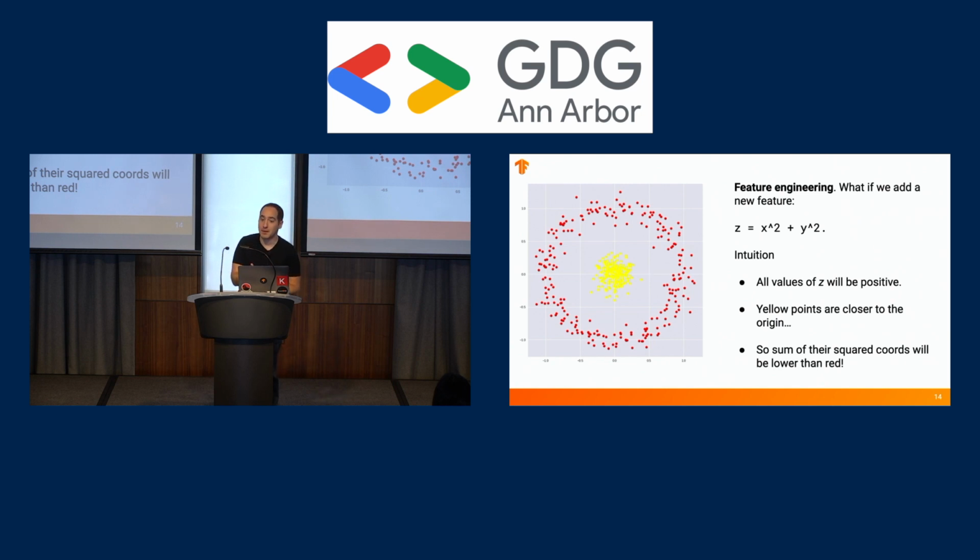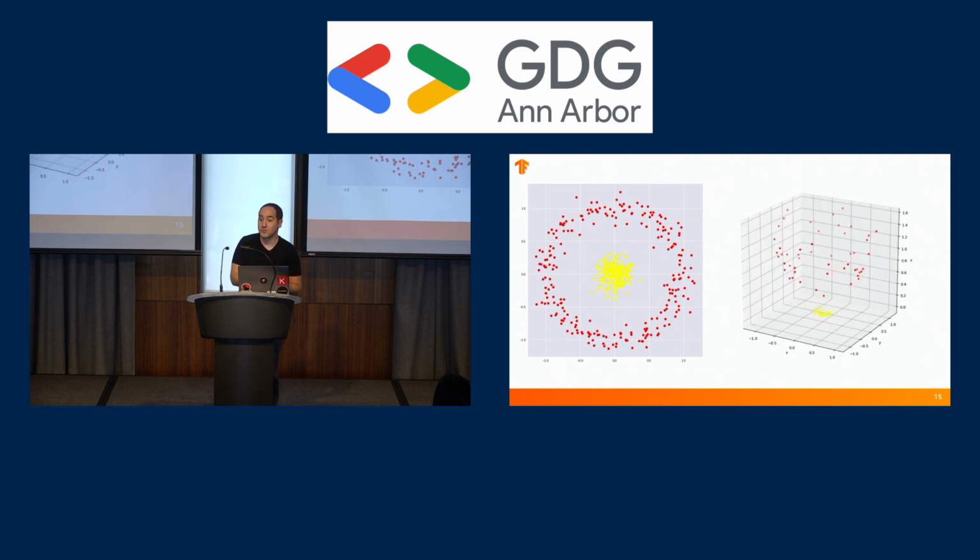And the trick you might come up with is if you look at the data, you realize that the red dots are always farther from the origin than the yellow dots. So that means if you create a new feature, z, and the value of z is x squared plus y squared, because we're squaring the data, it's always positive. And the magnitude of z is always larger for red than yellow. And that transforms the space to look like this. And now we can't draw a line, but in three-dimensional space, we can draw a plane to separate the data